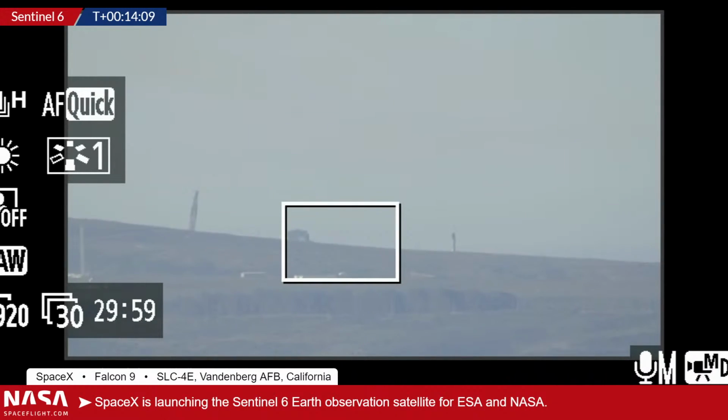So we get a little bit more zoom on the launch pad there. You can see on the left-hand side, that's the launch pad. The center is the SpaceX HIF. That's where they actually work on the rocket before they roll it out and verticate it. And on the right-hand side, just peeking over the top of the hill there, is the landed stage over at